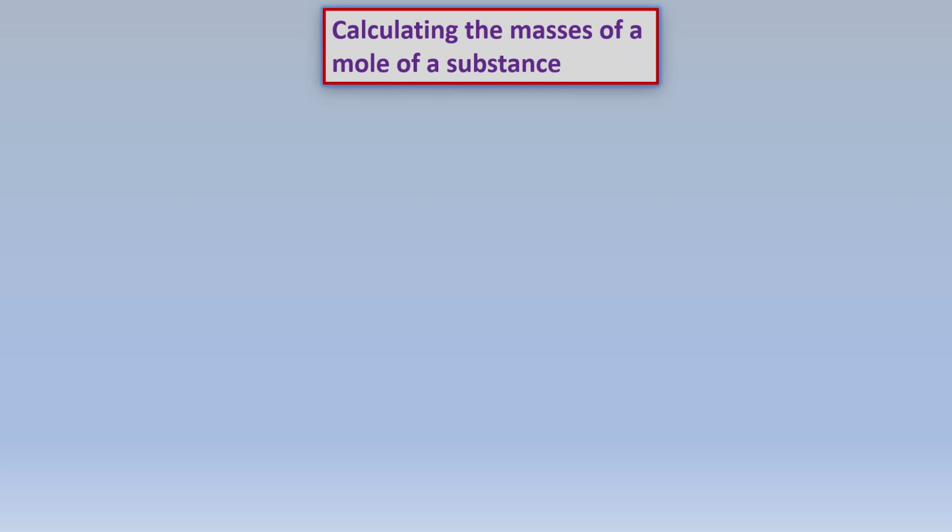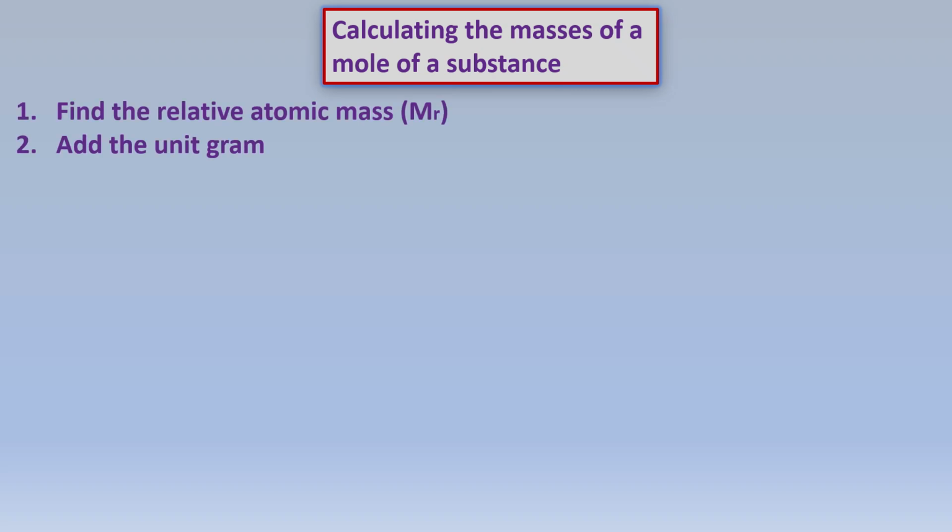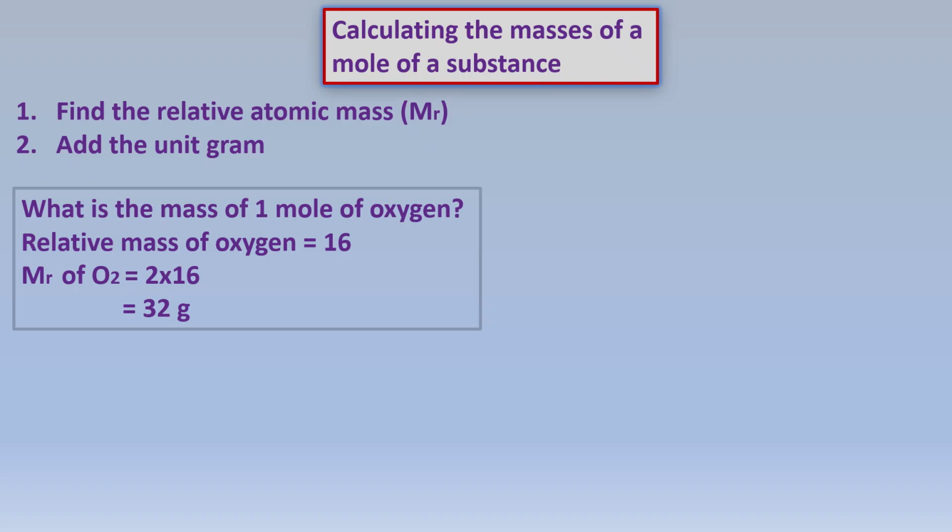Calculating the masses of a mole of a substance. Find the relative mass and then add the unit gram. Let's take an example. What is the mass of 1 mole of oxygen? The relative mass of oxygen is 16, and it is usually given in any question. And it is also the number of protons plus